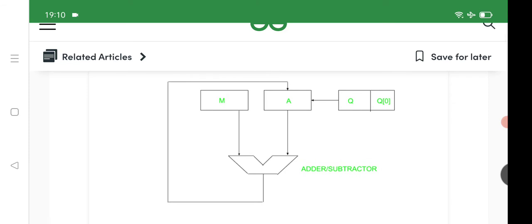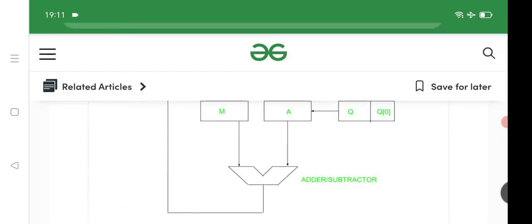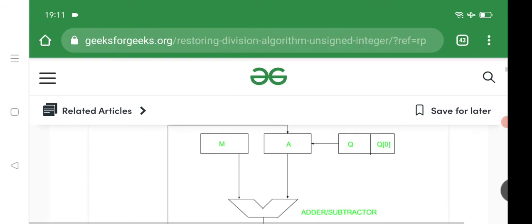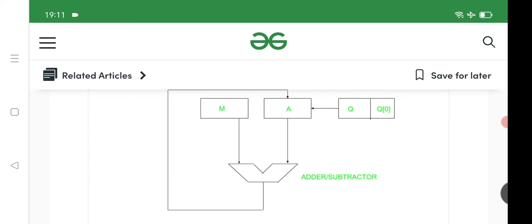Here I have two registers, M and A, where we will store the divisor and dividend.